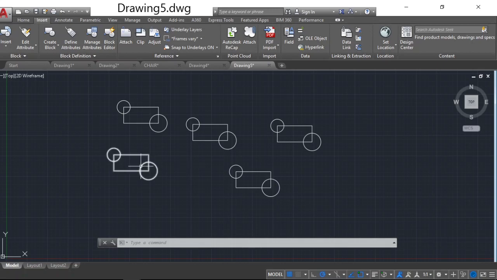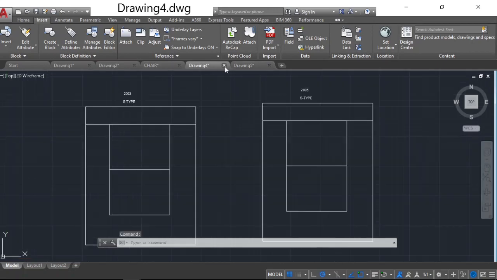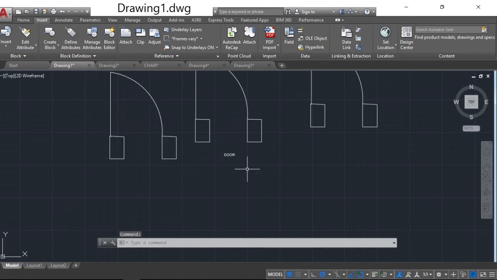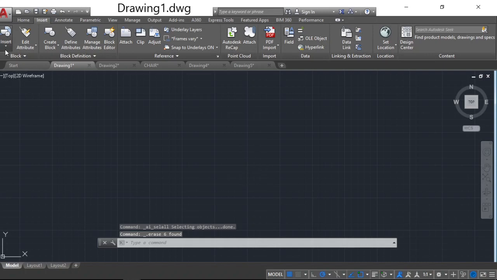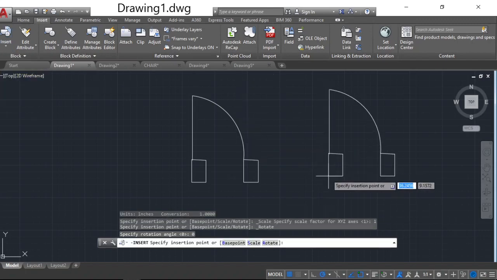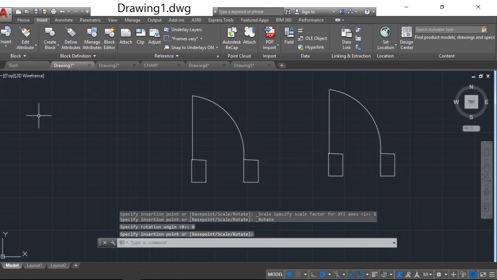Let us discuss. Here I have already drawn several blocks, so you can observe. This is the door. Here I have a door block, so with the help of this insert command, you can insert any number of doors.